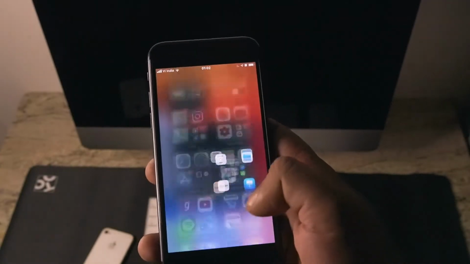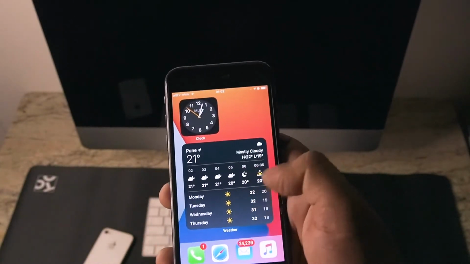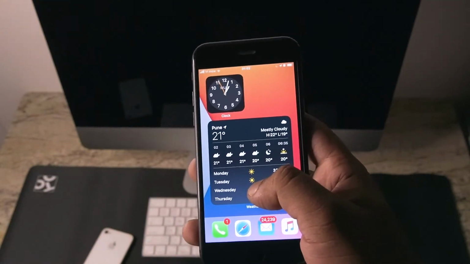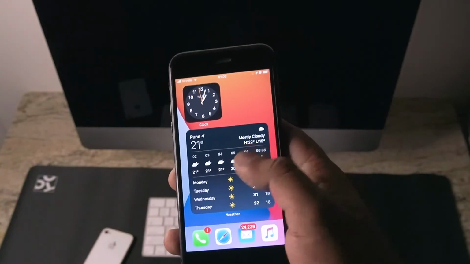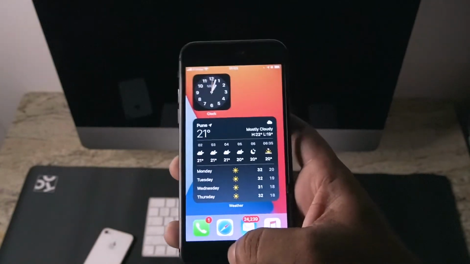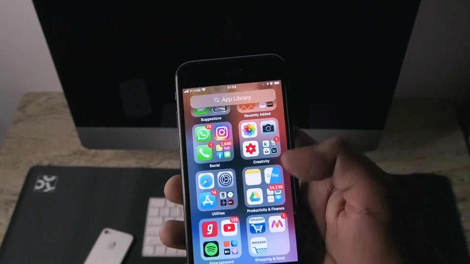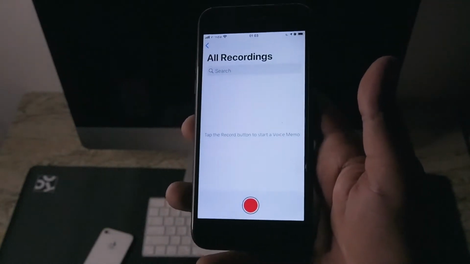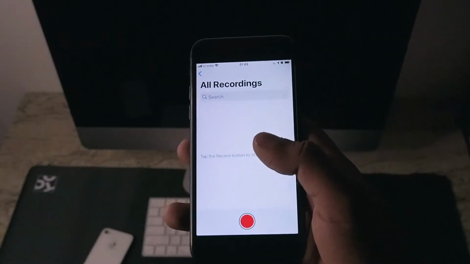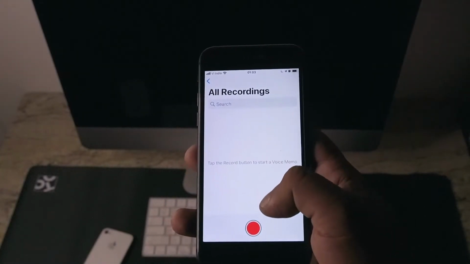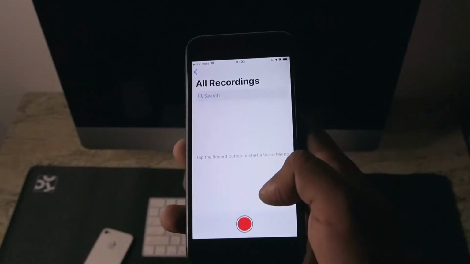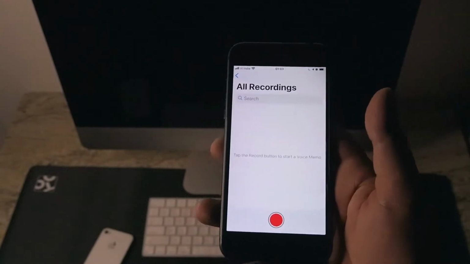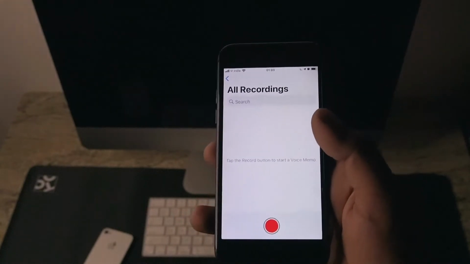Also the widget app. Actually I don't use any widgets apart from these two, but whatever information I'm seeing right now, it wasn't displaying. So even this has been fixed. The next thing is the voice memos. If you see here, now I don't have any recording. The issue was whenever you are recording voice on any voice memo and you receive a call, it used to interrupt your recording. So that has been fixed. So the voice memo part was done.